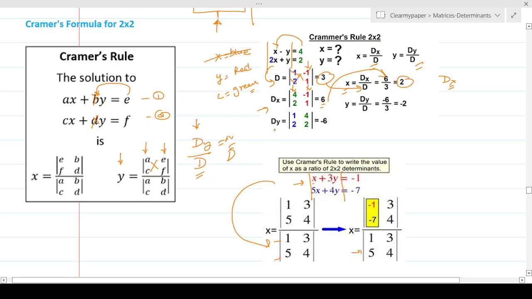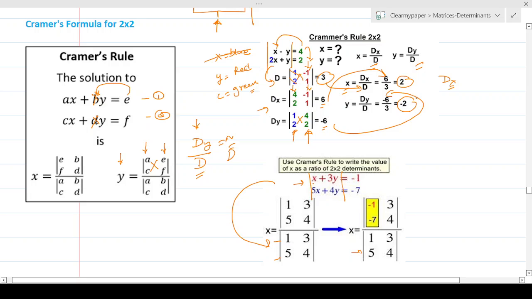Similarly for y, you remove the variables which belong to y, which is in red color. So whatever is in red color, minus 1, that is gone, and that is replaced by the constant matrix over here, if you see. And you leave the x untouched. So x is blue, x remains untouched, 1 2. And then you find a simple determinant of this by cross multiplying. You find the value of minus 6. This becomes your numerator over here. And the denominator we already found as 3, and this becomes your new value of y.